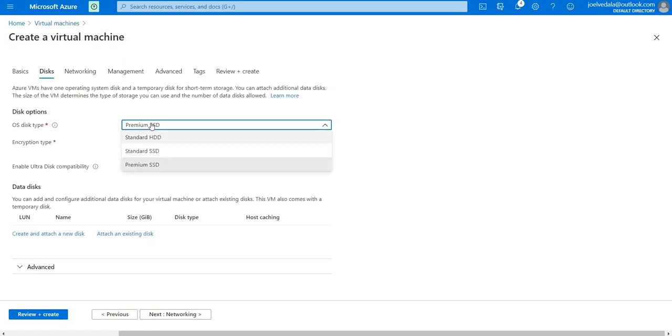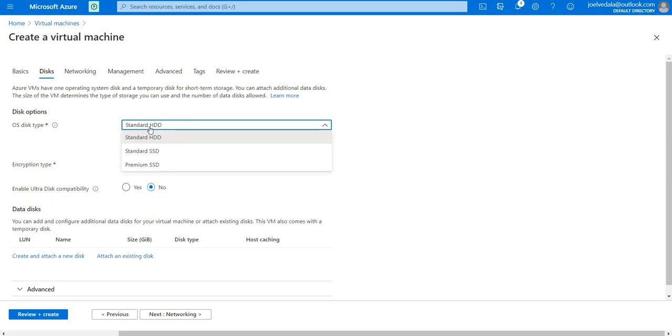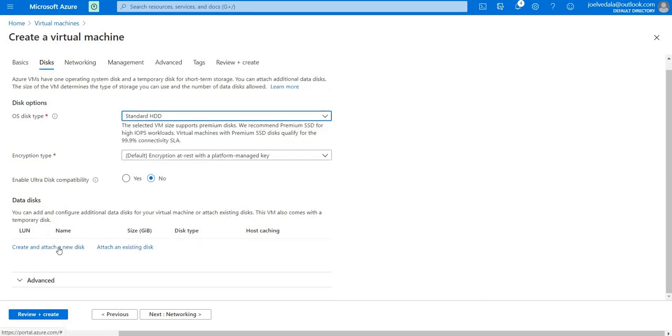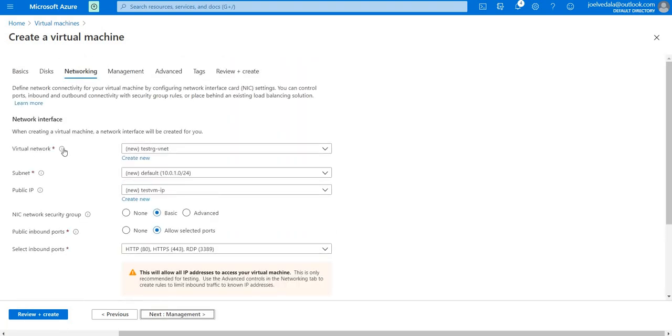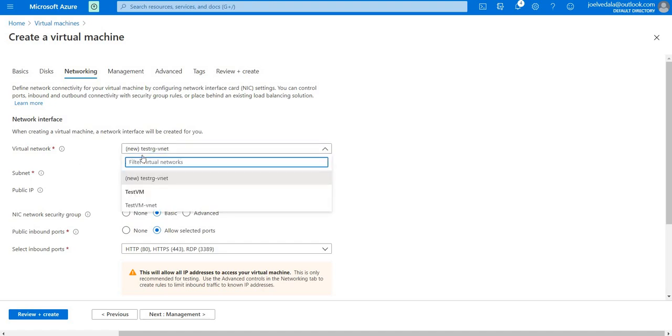Select the disk. Standard HDD is the cheapest disk, and it is most appropriate for our small demo. And the premium SSD and standard SSD are expensive. So you can attach a disk or you can create a disk from here. So click on networking. So once you click on networking, you can select an existing network from here, or you